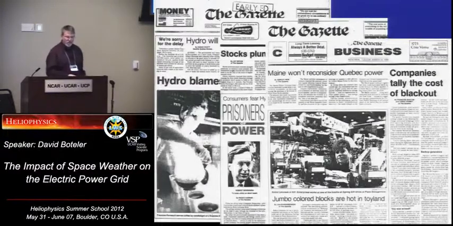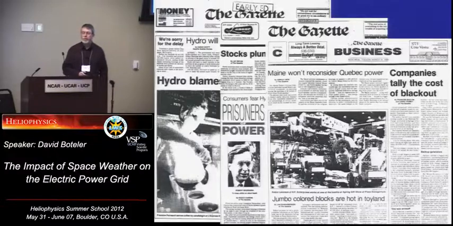We went back a few years ago and got all these newspaper records because we were asked to look at, well, what was the economic impact of this? And we found a very interesting article here that describes all of the systems that were shut down. So all of the car plants were shut down. An aluminium smelter was shut down. And it's not just a matter of switching it back on afterwards. All of the aluminium that had solidified in the vessels had to be chipped out before they could restart that.